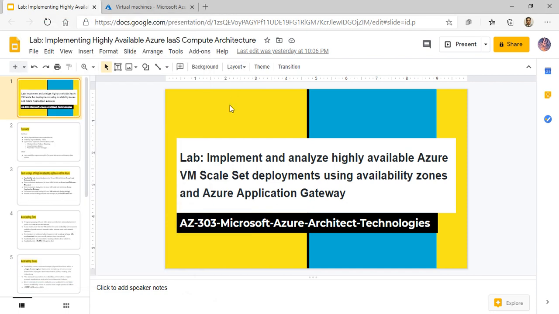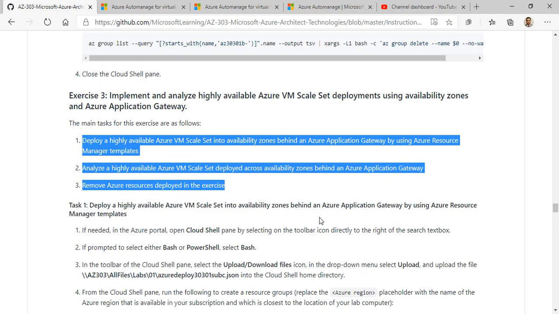Here we are going to continue our lab that we started, where we are looking at high availability options for virtual machines within the Azure platform. This lab is going to be particularly useful for you if you're preparing for the AZ303 Microsoft Azure Architect Technologies certification. Again, for this lab, we're going to follow